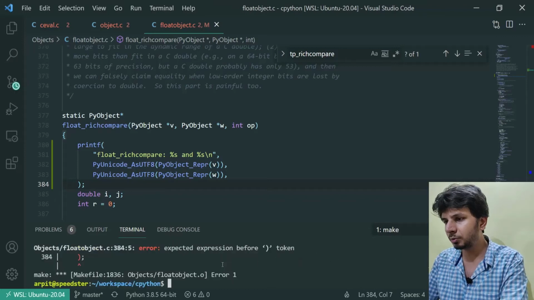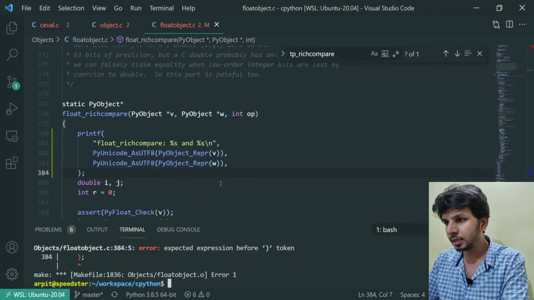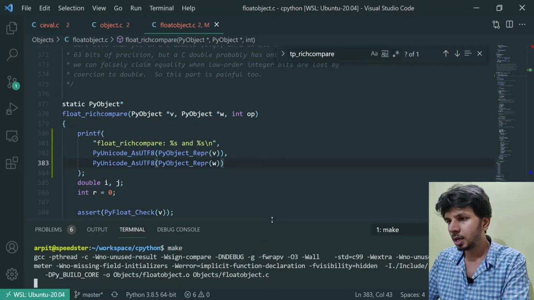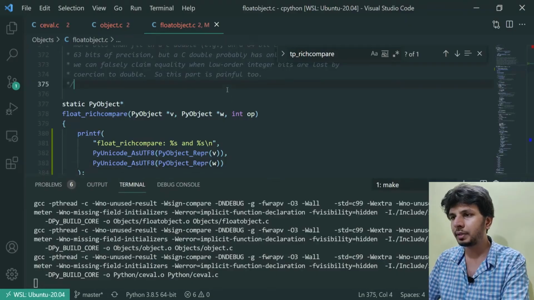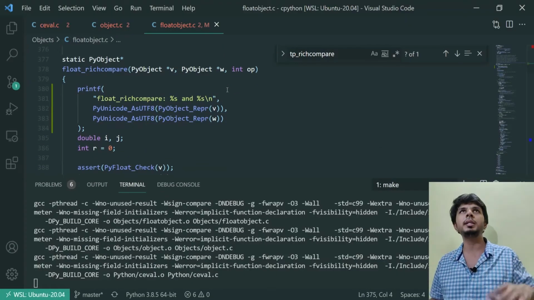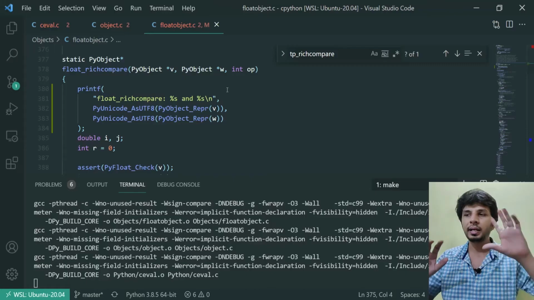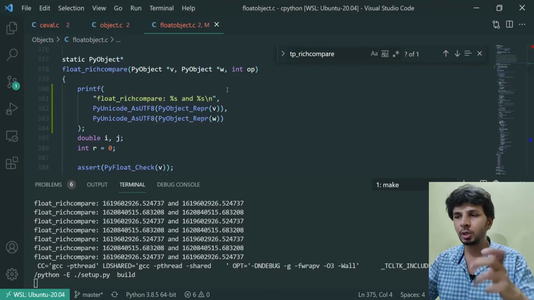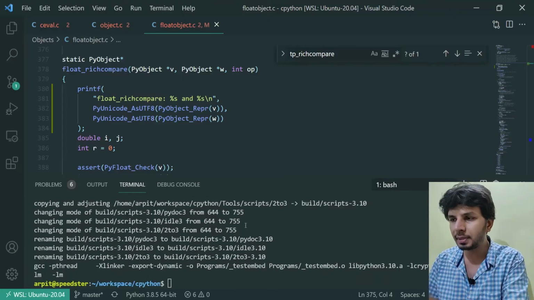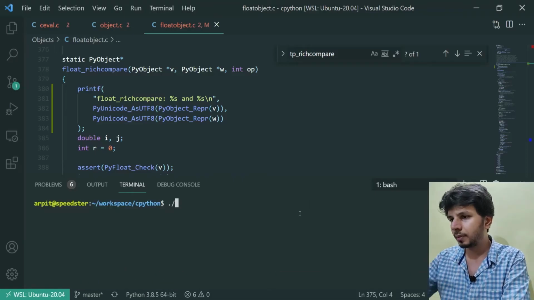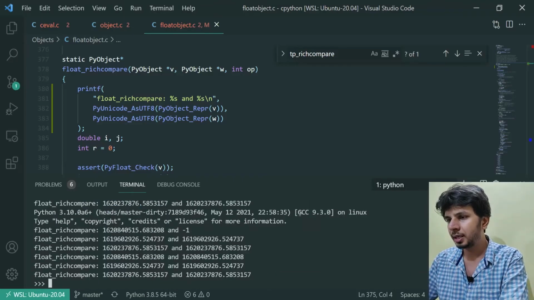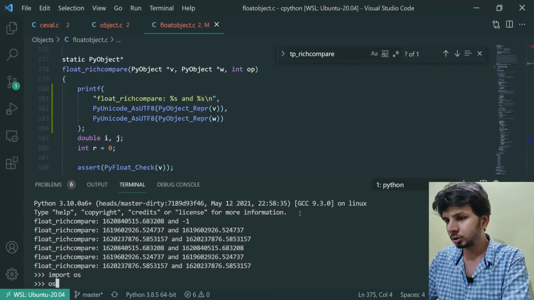Let me build this thing quickly, and there is a syntax error, so I have to get rid of this and make. Once the code is built, once the binary is baked, what we should see is when we are doing 10.0 equal to 10, we should see 10.0 and 10 being printed over here, right? It already started building the binary. Let me quickly open the shell, and just because I am on Windows, I'll have to do this os.system clear.